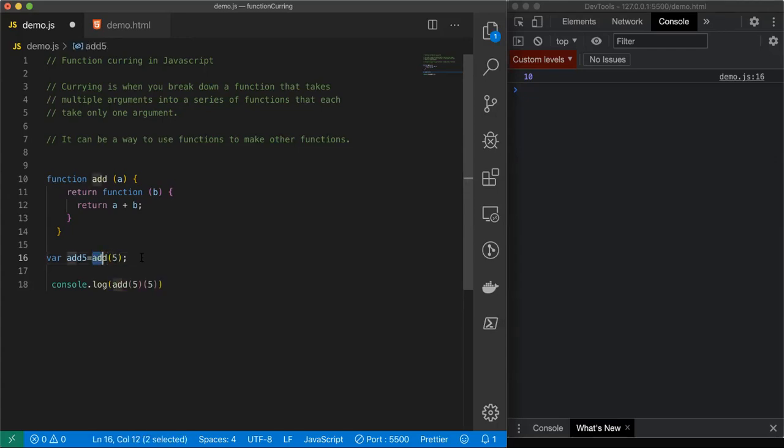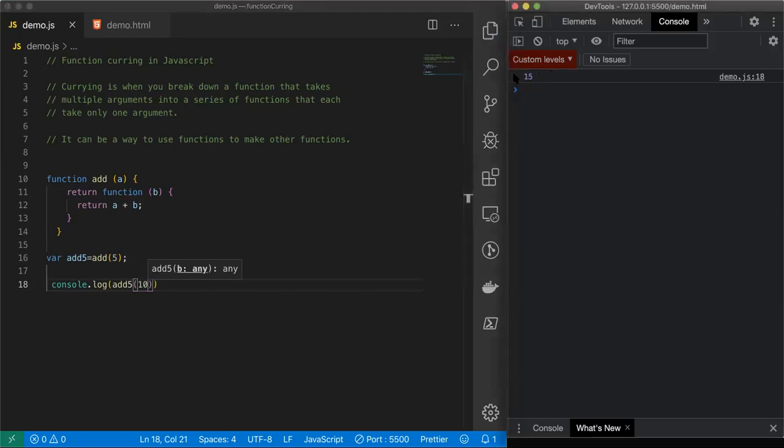Now this will give a function with value a as 5 and value b, where while calling add 5 you will pass the value of b. So we will do it like this: add 5, say I pass here the value 10. Now if I do that, you can see 15.